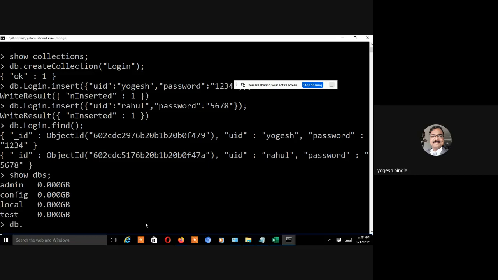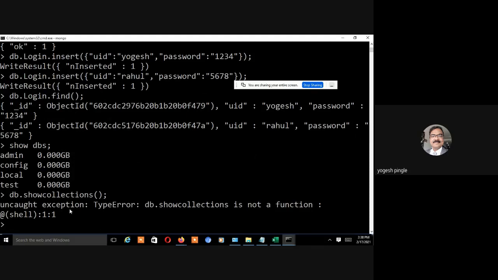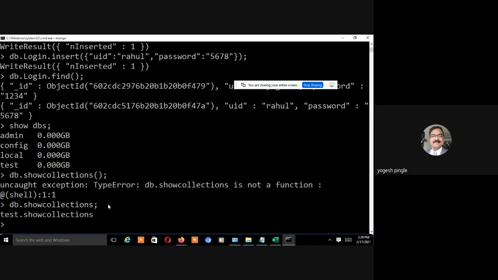There are no brackets, no open and close bracket, so we give the command without that, and you can just check show collections. Whatever database we have opened, that is where we are going to create tables.